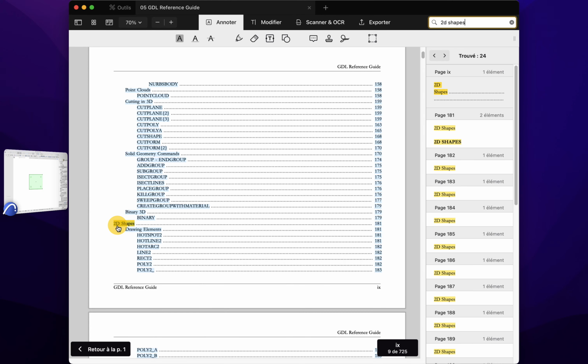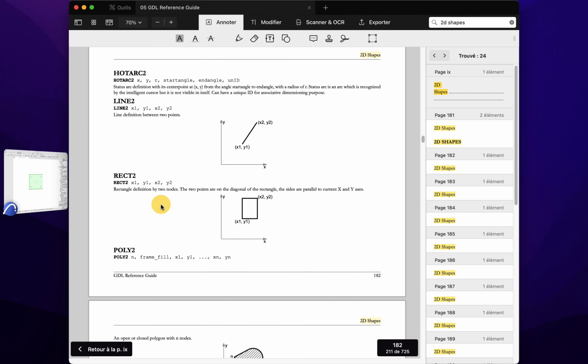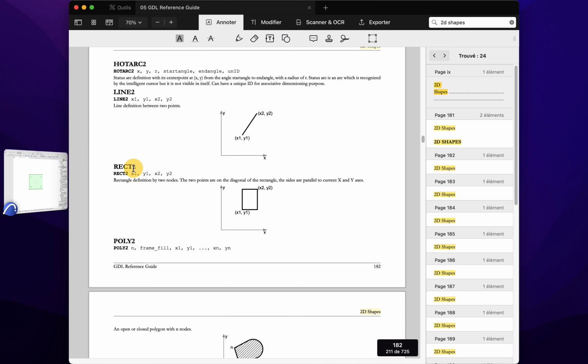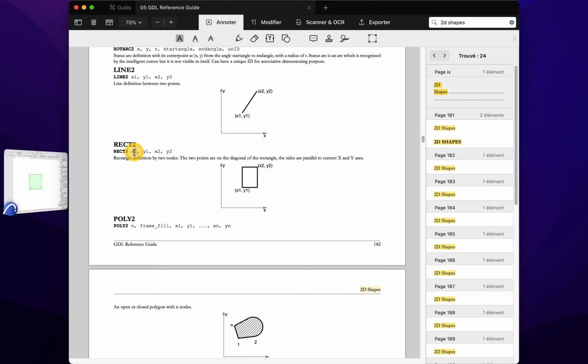Here in the table of contents, we can click on this chapter, and then we will see that we have some specific commands. In the GDL reference guide, you have the specific command or method, and then you have how it is called. So if I want to draw a rectangle, which is the shape of our table, I will need to use rect2 and 4 arguments: 2 coordinates for the bottom left corner and 2 arguments for the top right corner.